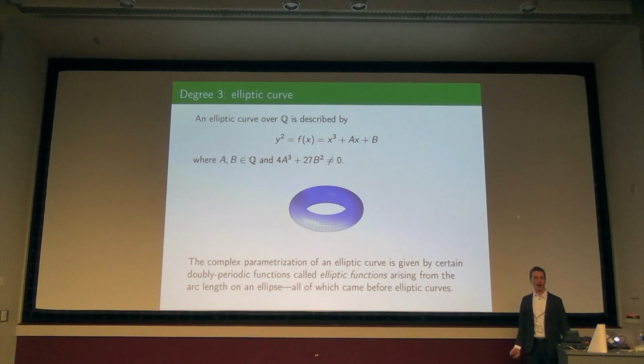Well, there was a long time ago, in that if you studied the arc length on an ellipse, then you end up with something called an elliptic function. Don't ask your calculus students to compute the arc length on an ellipse, or at least not explicitly. You can do it on a circle, because then you end up with sine and cosine. But if you change the ellipse by not having a semi-major axis be too large, then it's an integral you can't do in terms of elementary functions. So instead, they're called elliptic functions.